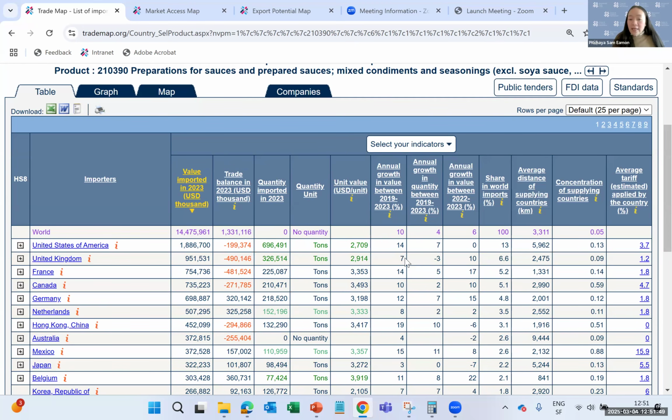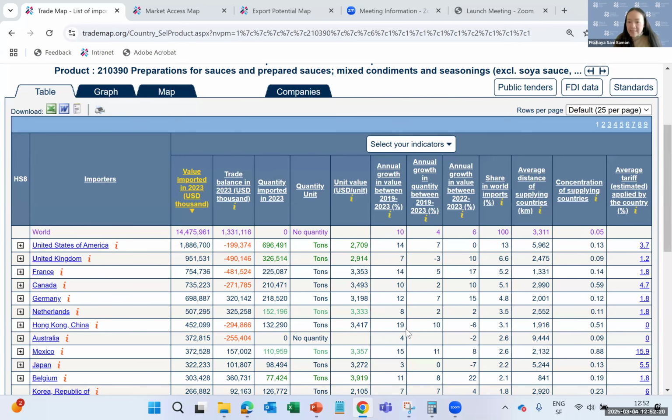United Kingdom, if we look at it, is 7%. So the world's average is 10. United Kingdom is 7. It is a growing market. It's growing at 7%, but it's not growing as fast as the world. One would even call it a little bit stagnant if it's not growing as fast as the world average growth rate. Then we'd have a look at France, also 14%, Canada 10%, at the world's average, Germany 12, Netherlands 8,